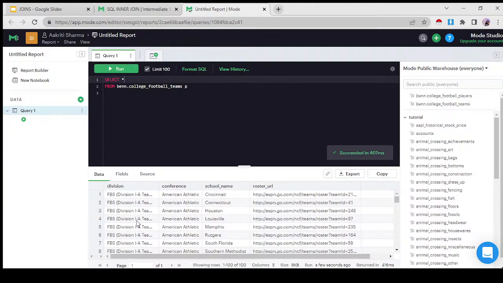And we know that the school name was present in our players table as well, and it is present in this teams table as well. So we know that these two have some relation between them. That table has the information for all of the players, and as a part of that information, it has stored which school they go to.